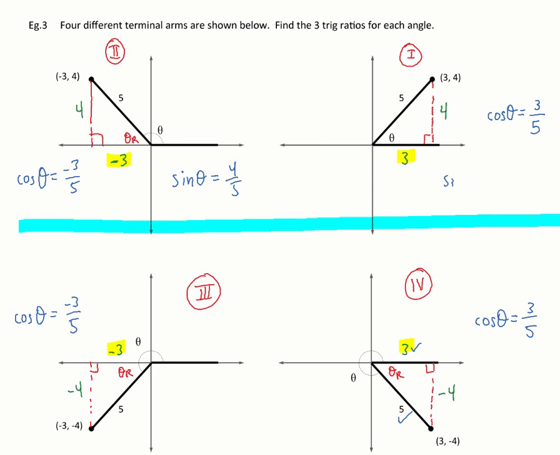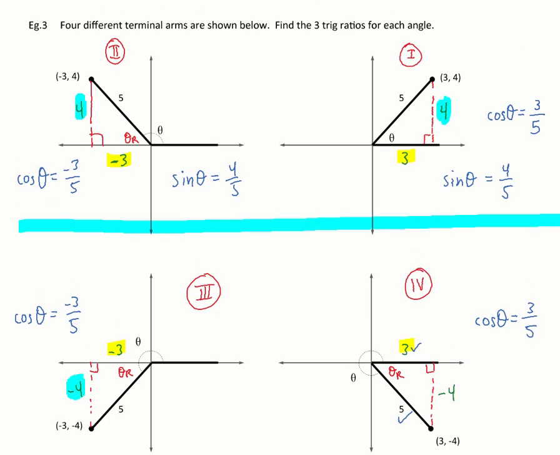In quadrant 1, over here, it's also 4 on 5. Okay, well, it's positive because both of those y values are positive. So sine is positive whenever the y side is positive. Okay? So in the bottom,